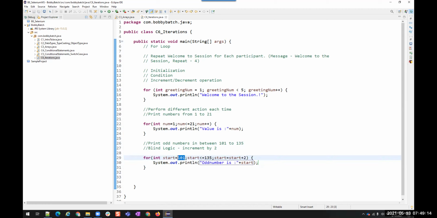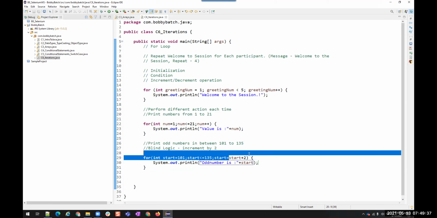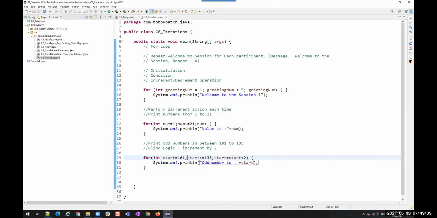Then it adds 2 to 101, so the number is 103. Is 103 less than or equal to 135? Yes, so it prints 103. After printing 103, it adds 2 again, becomes 105, checks the condition, and prints again.